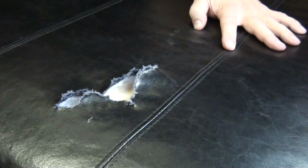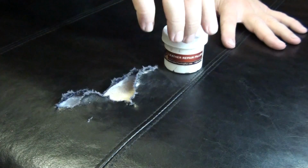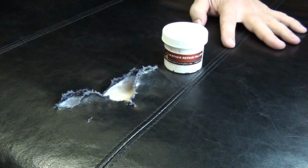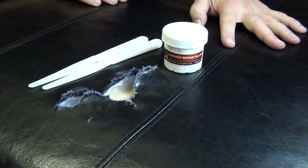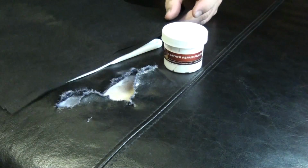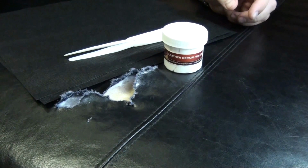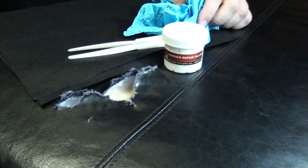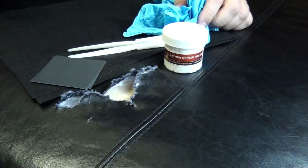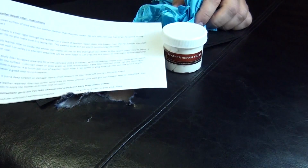We're going to do that using our leather repair filler. That's the 2 ounce. You get a couple spatulas, some 10 by 12 leather repair cloths, okay, some gloves, some sandpaper for sanding down your work, and of course all our products come with full instructions and